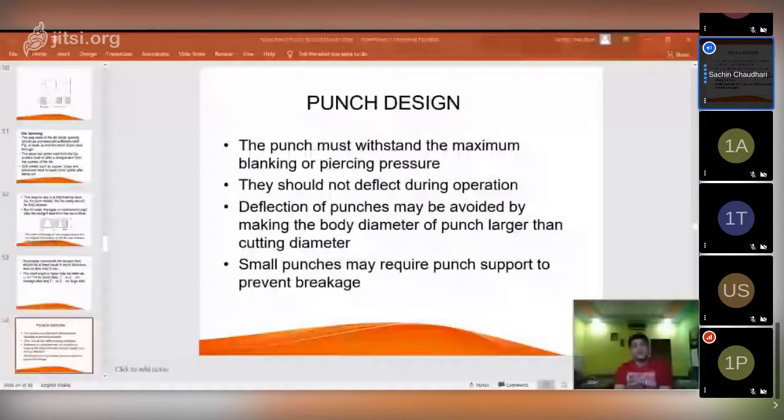आता या केस मध्ये, कोणत्या केस मध्ये, इट इज अ केस ऑफ द ब्लँकिंग. ओके, what is the diameter of punch then for the blanking? जसं आपण मागच्या स्लाइड मध्ये बघितलं होतं guys, blanking operation साठी what is the dimension of punch? विसरले प्लीज, कोणाला माहित असेल तर क्लिअरन्सच्या फॉर्म्युला मध्ये if dp is the die opening, then what is the size of punch guys? If it is a blanking operation, then